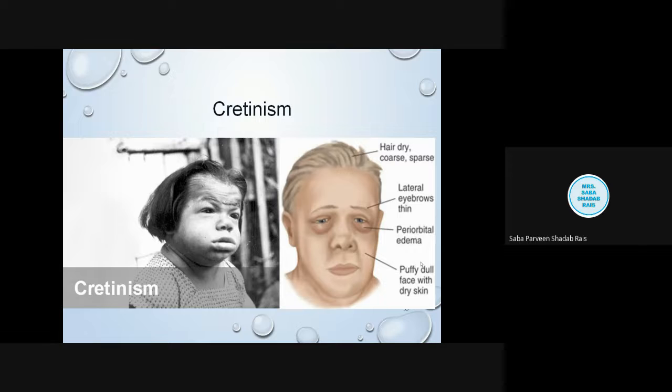If you observe their height, it is short due to stunted growth, and their teeth and bones will be deformed. Now, when we talk about their abdominal viscera,